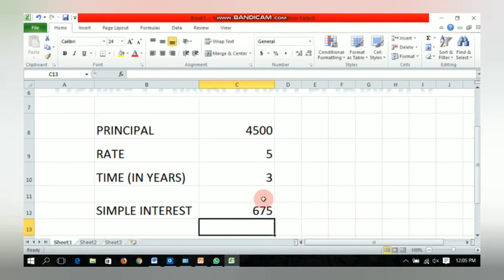So this is the answer. This is the simple interest that we have got through this formula.